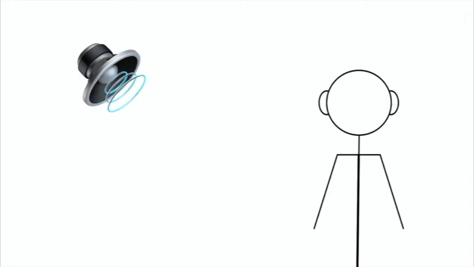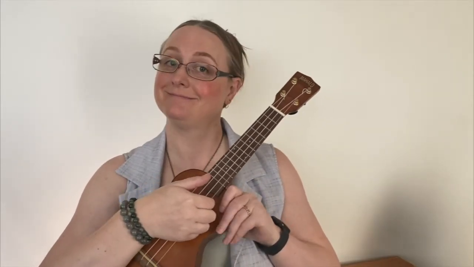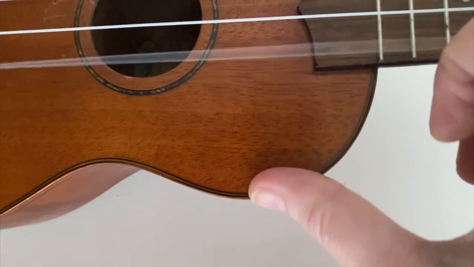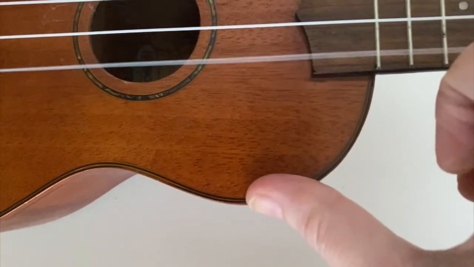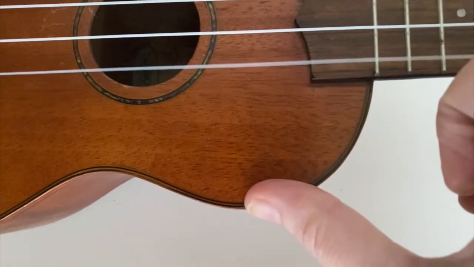What is frequency? Well, all sound is created by vibrations or oscillations in the air, picked up by our ears and decoded by our brains. If we look at this ukulele string, when we pluck it, we can see it's moving back and forth really fast. The number of times it does that in a second, the frequency of vibrations, that's what we hear as pitch. Basic version, fewer oscillations means a lower pitch and a higher rate of oscillation means a higher pitch.